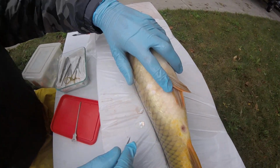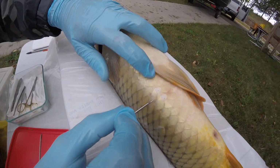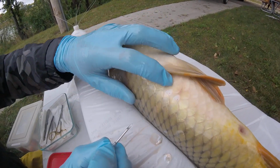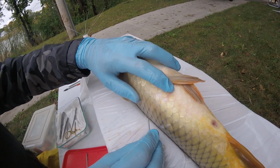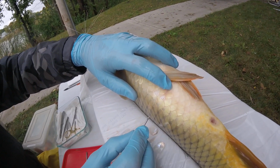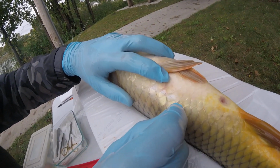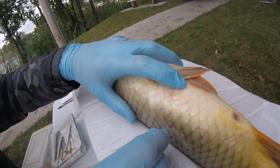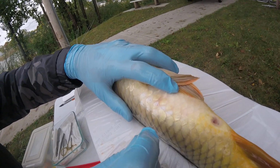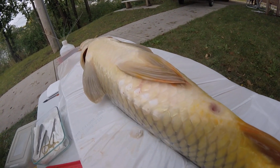So first, the reason I'm doing this right here is this part of the fish is a thin section of the body wall. Okay. So if you were to make the incision here, it would still work, but you'd have to go through a lot thicker muscle to get to the peritoneal cavity. So you take these scales off because they're hard to cut through, making a small section there, and then